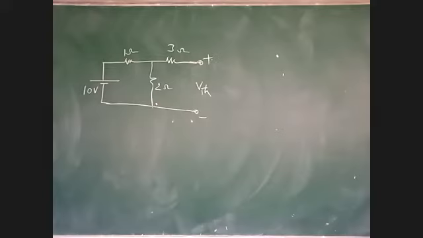Is it okay? Now I have removed the 4 ohms. Why? Because in the problem he is asking us to determine the current in 4 ohms. That's why I have removed the resistance 4 ohms. After removing it, I am taking it as plus and minus VTH, Thevenin voltage. Why am I taking voltage in the open circuit? Anyone?